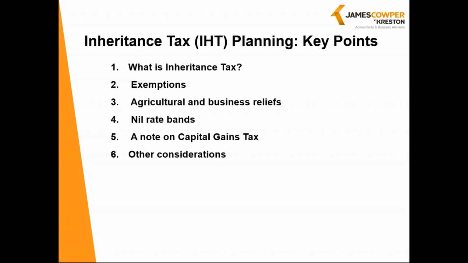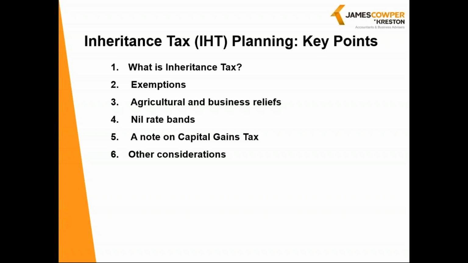In addition to this nil rate band is the residence nil rate band, which currently stands at £150,000 and rises to £175,000 for deaths after 5th April 2020. It is a complex allowance, but in summary, it is set against the value of residential property left to direct descendants on death. In certain cases, it can also apply where residential property is no longer held at the date of death, perhaps because the deceased had to sell their home on moving into care.